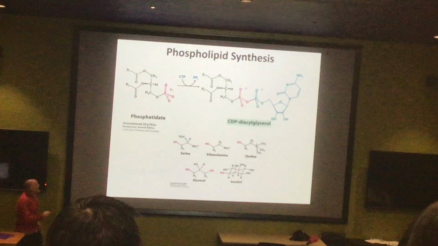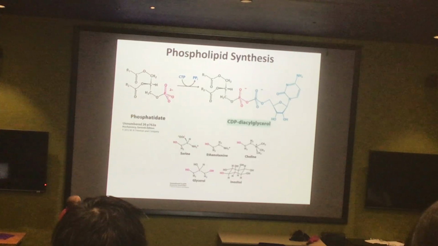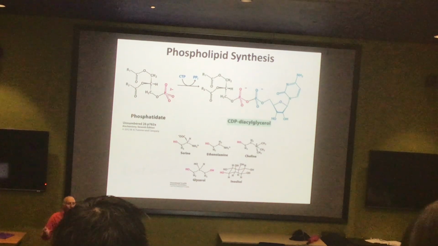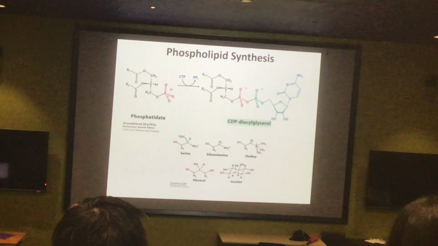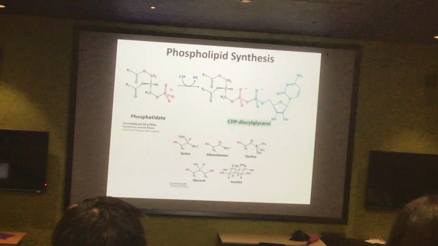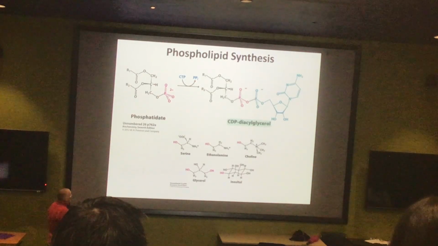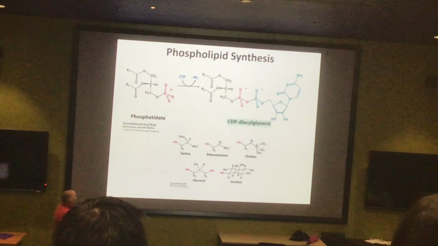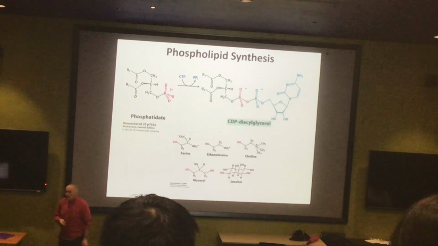So again, if we're looking at something like phosphatidate, we want to first convert that into the CDP diacylglycerol, so that takes CTP. Once again, for I don't know how many times in this course, the reaction is driven forward by the loss of the pyrophosphate group, which gets destroyed. And then look at this. You have all of these possible head groups, and what do they all have in common? They all have a hydroxyl group. You have serine, ethanolamine, choline, glycerol, right, inositol.